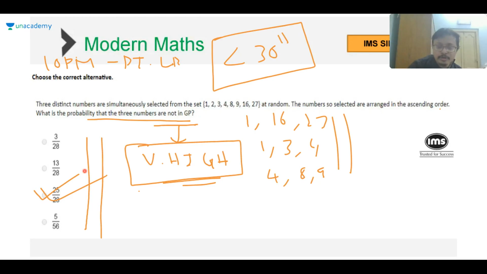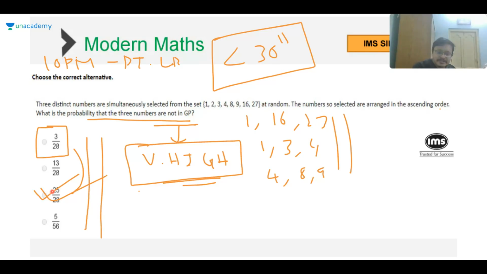And that is what it's supposed to do in probability questions. Just get an estimate of whether the probability is going to be high or medium or low. Mark the answer. In fact, if you look at them, intentionally they have planted an option called 3 by 28, which is the complement of 25 by 28. So just be careful. They are giving you additional hints by doing so.